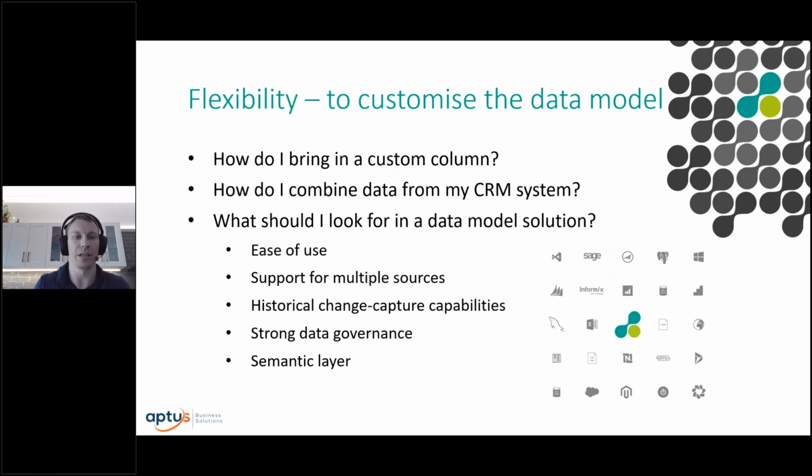The ability to capture historical changes in your data. This is a whole subject unto itself, so I won't go deep, and we may cover it in a future webinar, but the point is, without a tool that makes it so easy to track these changes, you're just not going to know what you don't know, if you forgive the Rumsfeld reference. And you may look for a tool with a comprehensive solution to data governance, in particular one that has very flexible data security capabilities. And lastly, depending on your requirements, you may look for the ability to add a semantic